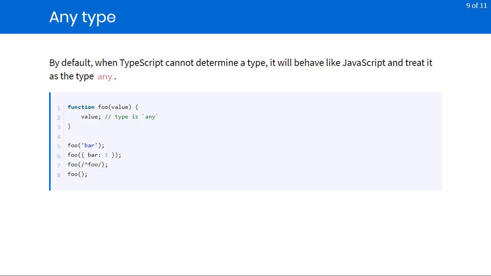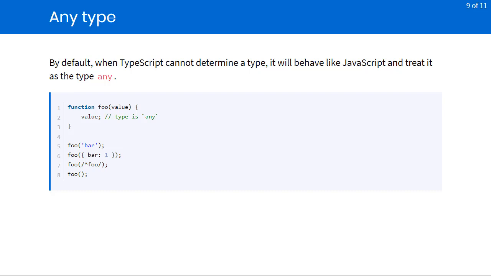Now remember, one of the goals of TypeScript is to be a superset of JavaScript. That means that any valid JavaScript should also be considered as valid TypeScript. One of the ways that TypeScript does that is that any variable that doesn't have a type declaration is considered the type any. And you can do, well, anything with any, because TypeScript's type system basically goes to sleep and lets you pass whatever you want in here.